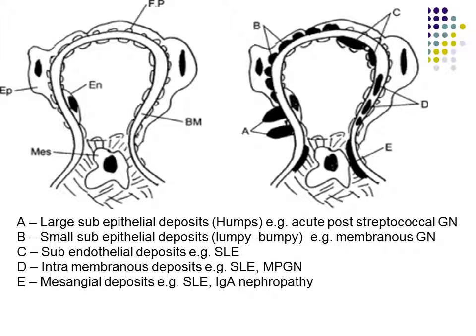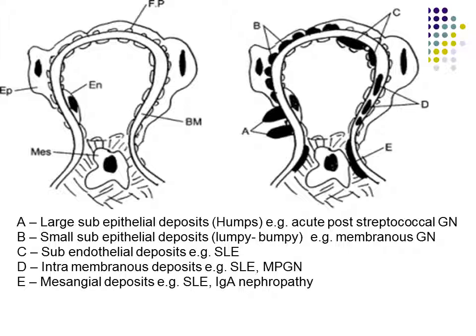These are subepithelial, so these are present just below the epithelial cells, the visceral epithelial cells. For example, in acute post-streptococcal glomerulonephritis, small subepithelial deposits are called lumpy bumpy deposits. In membranous glomerulonephritis, which you can see here labeled as B,